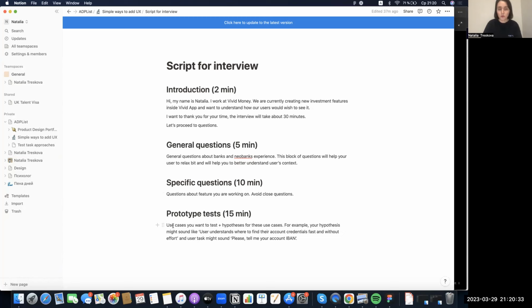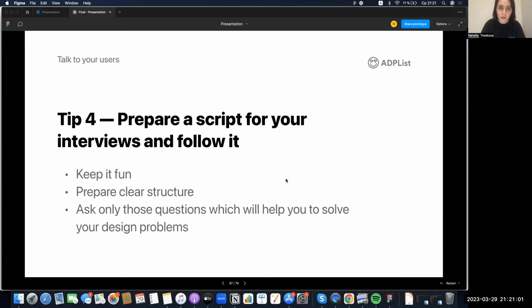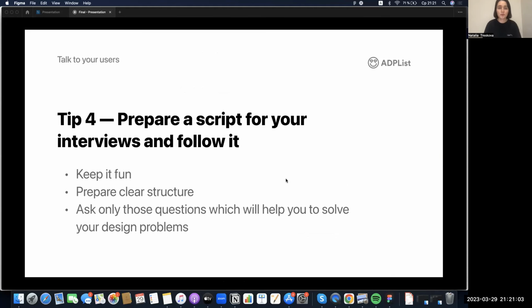So you will have use cases you want to test and hypotheses for these use cases. For example, your hypothesis might sound like, user understands where to find their account credentials fast and without effort, and the user task might sound like, please tell me your account IBAN. And this structure you can use for all interviews. It's very simple and it's very clear. So if we come back to our presentation,